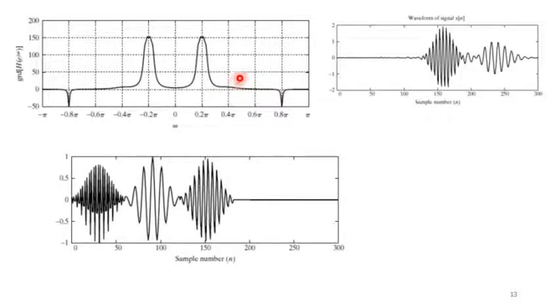That's why you can see that in the output signal, the signal containing frequency components around plus minus 0.2 pi is delayed, like they are